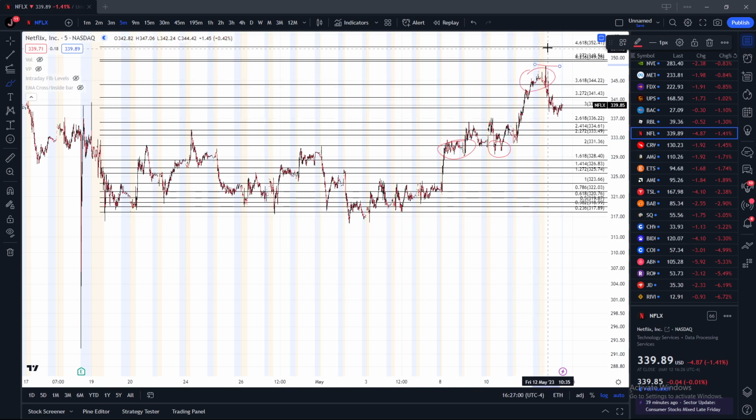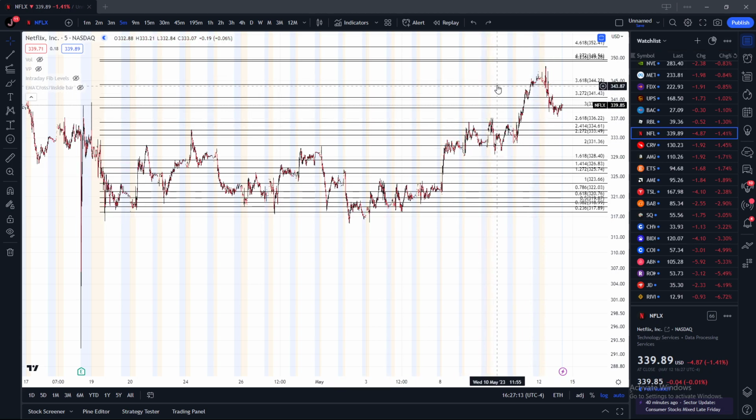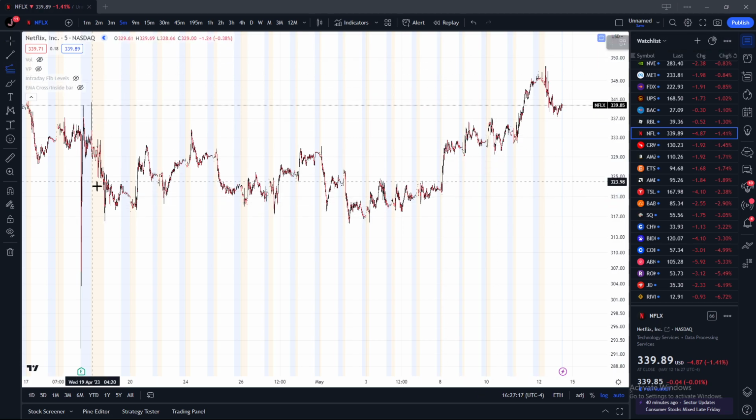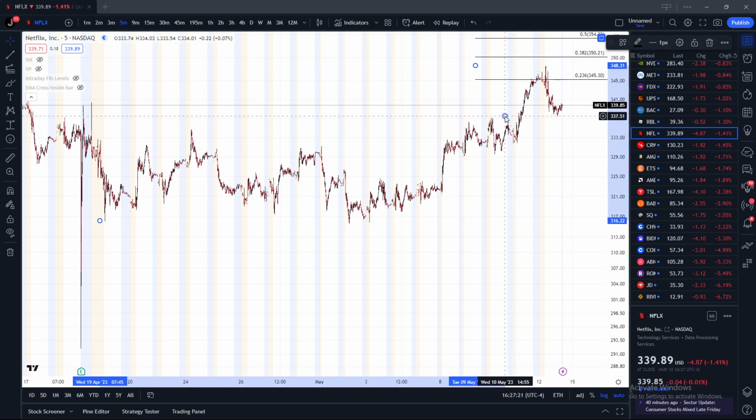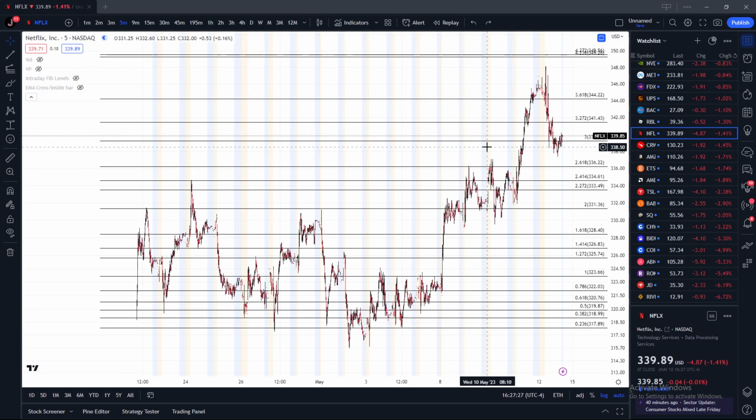Now, obviously, we don't get that to the cent target here, and that's because this is an extension. So this is an improper fib set because it's not a bullish reversal. But provided it's going to continue running, let's say it does, we can now do something like this on Netflix, where we adapt and go, okay, well, this is our new support. This is our local top. This is our equal weight low. Let's see if it can start a bullish trend. And so that's how you would do hypothetically one of those remeasurements.